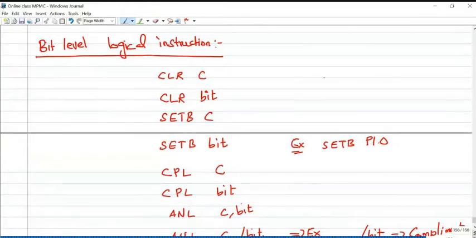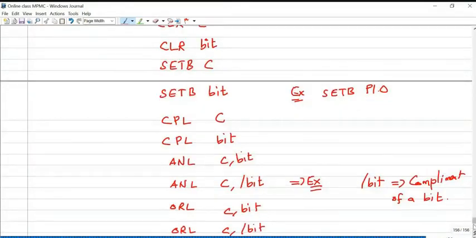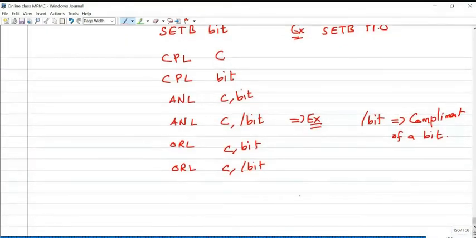Okay. So in today's class we covered various types of logical instructions, particularly byte level logical instructions and bit level logical instructions. Arithmetic instructions will start in the